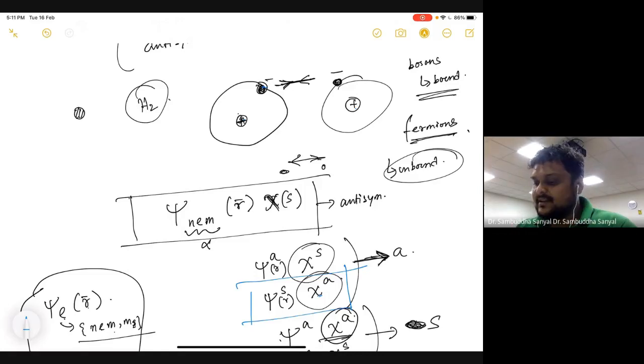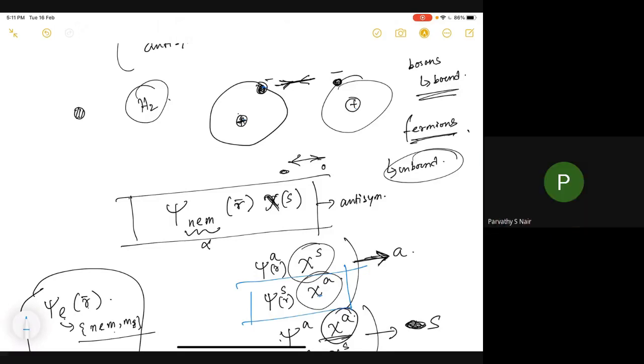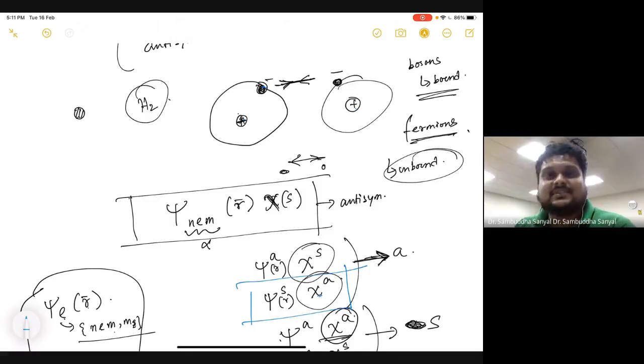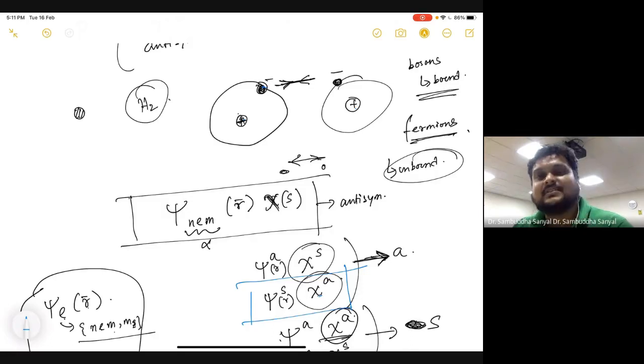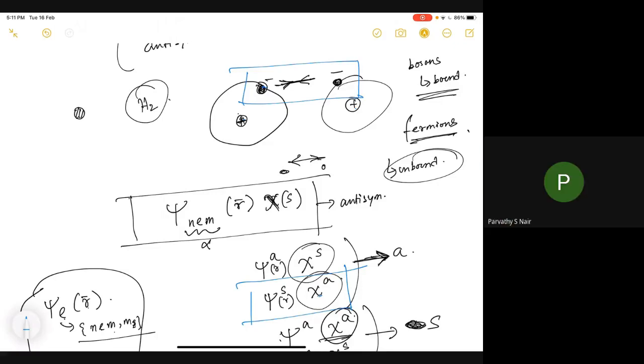Is your concern why I'm not taking the proton and electron together as the total object? Yeah, but they are distinguishable, right? My point is, the symmetric-antisymmetric question only comes when you take these two together. I'm saying that even without considering that, you could still say these two atoms will come together because the individual atoms are bosonic. So why do we need to consider this part at all?